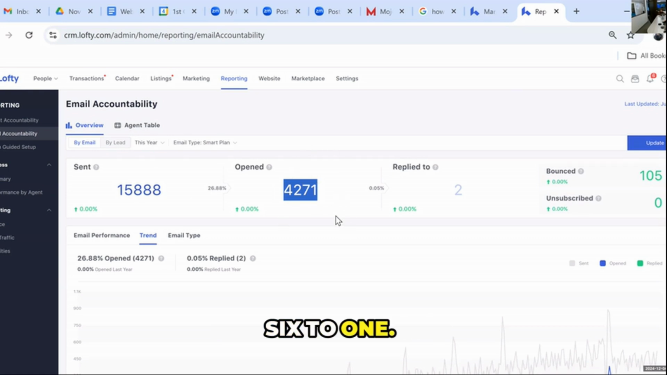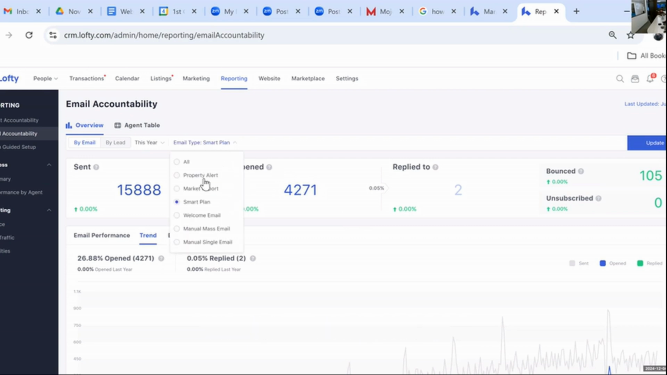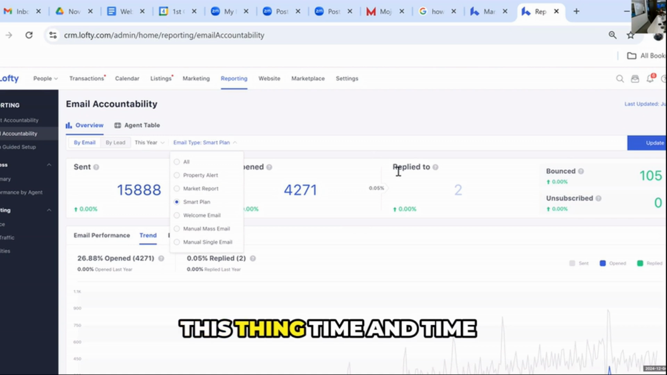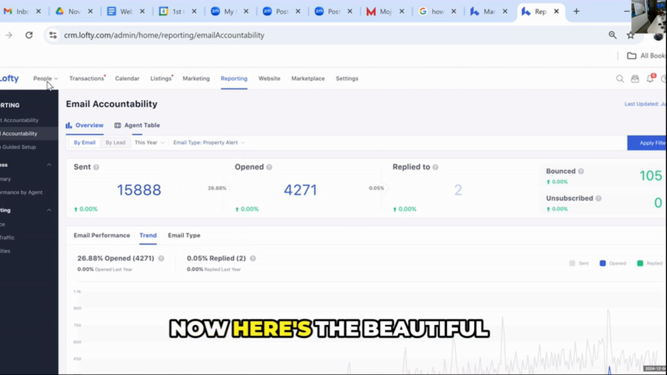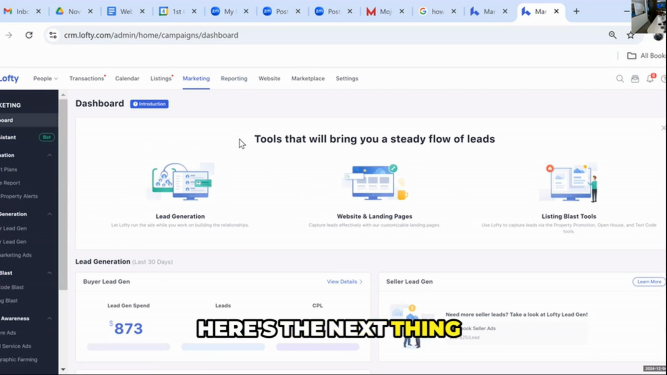6 to 1. And sometimes we get focused on, wow, 26%, that's pretty good. That's great. But also, they'll open this thing time and time again. Now, here's the beautiful part. All of the CRMs, okay, here's the next thing that I'll set up. If I've got all my leads in there, and I've got them all on new listing alerts,